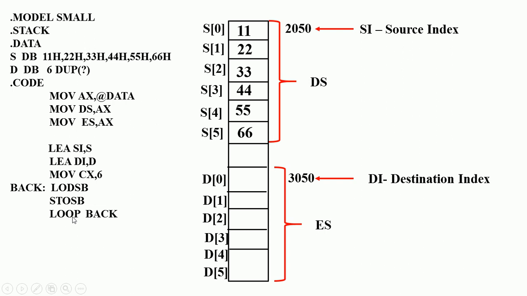Therefore CX is not equal to 0. Then it goes to the specified label back. Therefore it keeps on executing this loop until CX equals 0. Once CX becomes 0, it comes out, then terminates. Now this is the program to transfer a block of data from source to destination using load string byte and